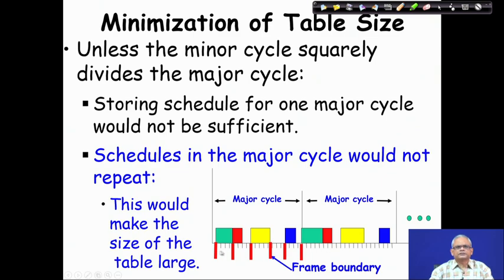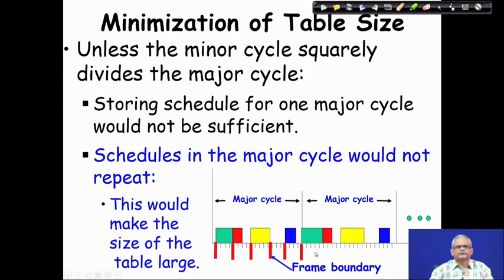That is because the last frame boundary coincided with the major cycle, and by this time all the tasks have run. So, this is the LCM of all the task periods, and therefore, every task period also has its ending coincided here. But if the frame boundary does not coincide with the major cycle boundary, it spills over,